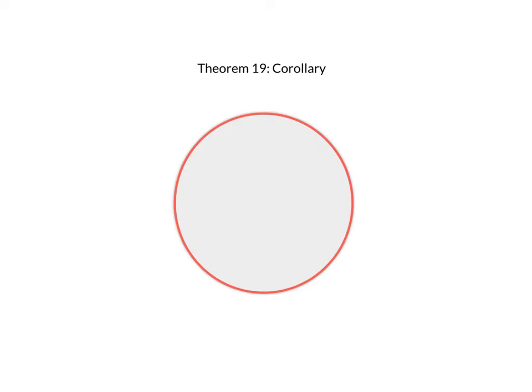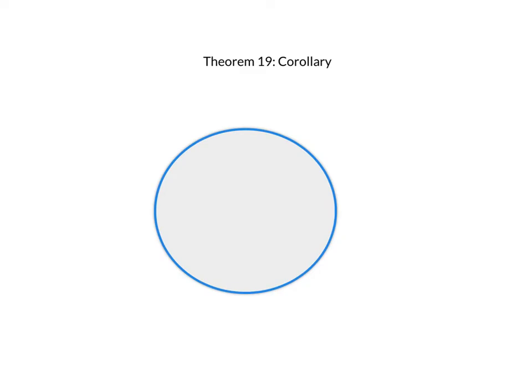Now we're on to the next corollary to Theorem 19. This one again kind of deals with semicircles. So it says that if we have any 2 rays drawn from a point out here and they make an angle of 90 degrees, then the place that they join to must be a diameter, so that this is the diameter of the circle here. So the way it's phrased in the book is that an angle standing on the chord AB, if this makes an angle of 90 degrees here,